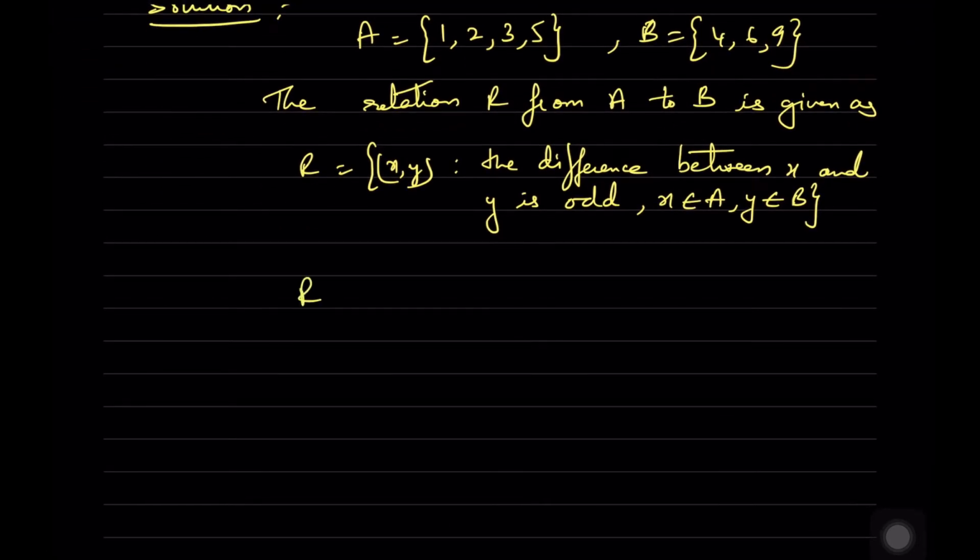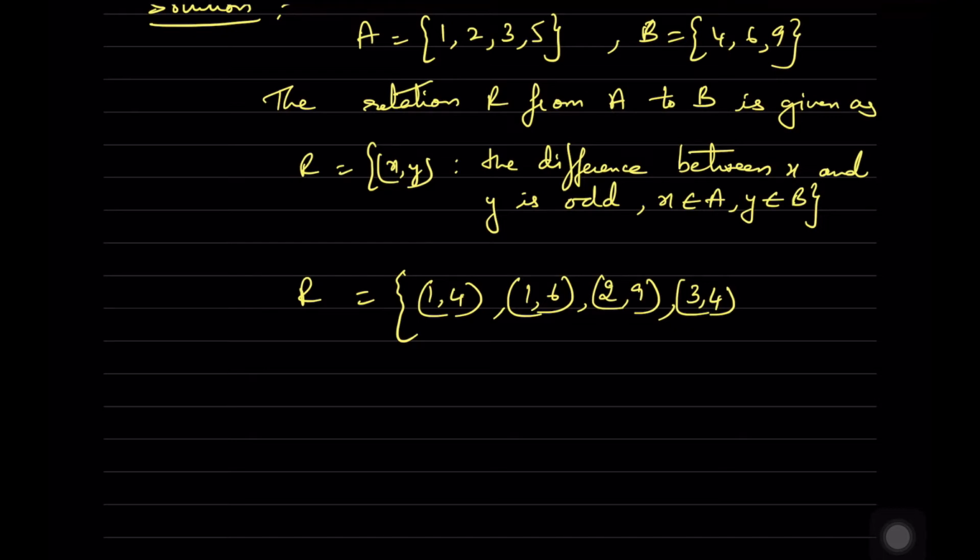We'll see. R is equal to, we have to take the difference: 1 minus 4 is equal to minus 3. Then 1 minus 6 is equal to minus 5. 1 minus 9 is equal to minus 8. We cannot take that because it doesn't form an odd number. Next we take 2 comma 9 because 2 minus 4 is minus 2, 2 minus 6 is minus 4, 2 minus 9 is minus 7. It's an odd number. So therefore next we take 3, 4, then 3, 6,